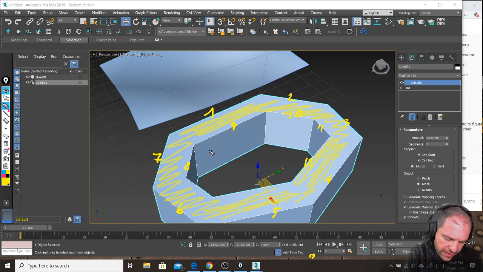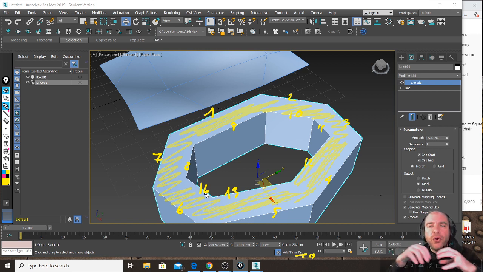Sorry, I missed one number. 1, 3, 4, 5, 6, 7, 8, 9, 10, 11, 12, 13, 14 edges. So because this number is higher than 8, this is why I have that kind of crooked, weird